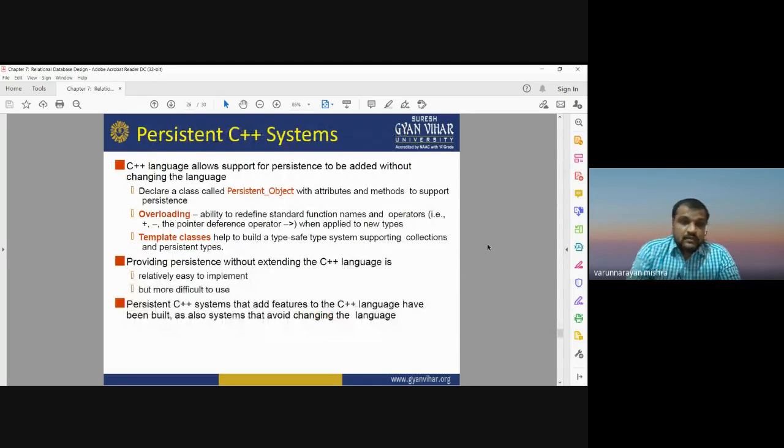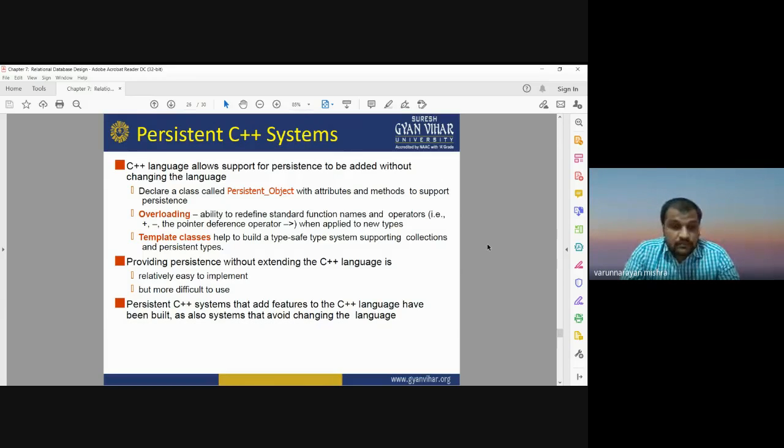As we know, object-oriented data modeling can be done with the C++ programming system. The C++ programming language allows support for persistence to be added without changing the language. First, we need to declare the class that is known as the persistent object. Then we can work on overloading, which is the ability to redefine the standard functions and names of the operators.